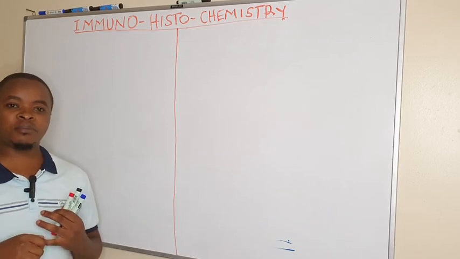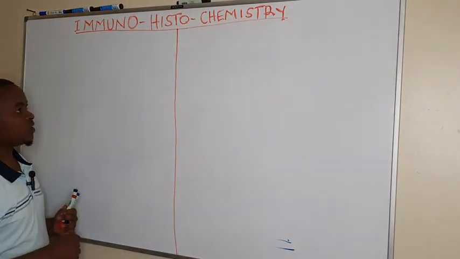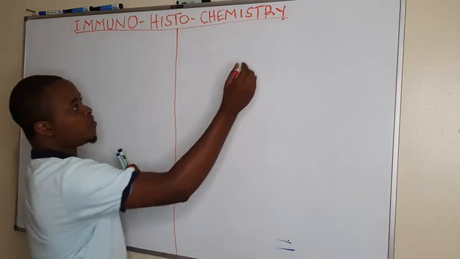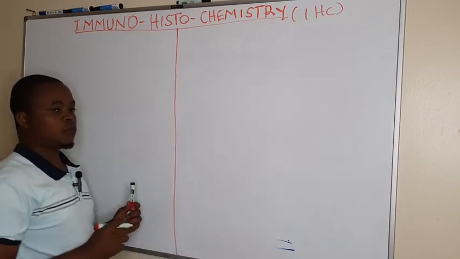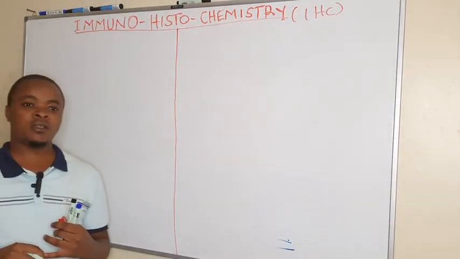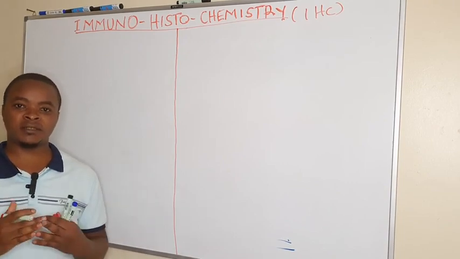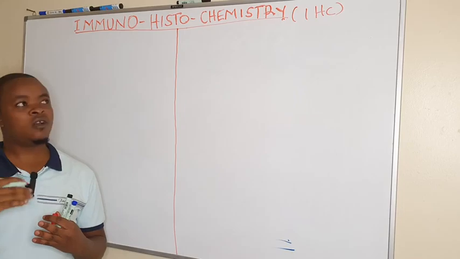We are going to look at the principle of immunohistochemistry, which is normally abbreviated as IHC. We are going to see the principle, then we are going to see the overview of the procedures